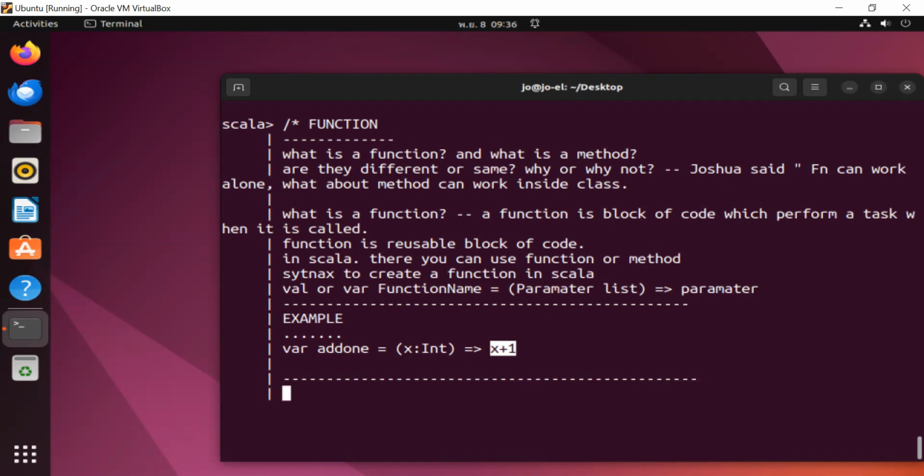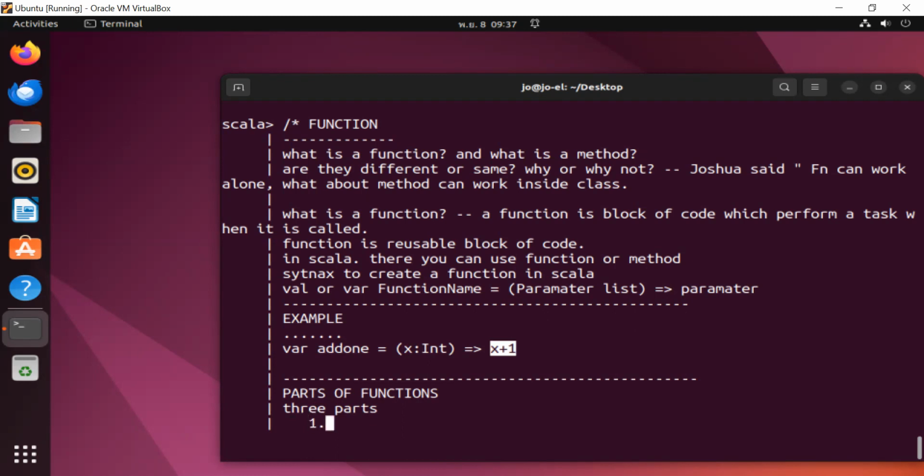So I mentioned here parts of functions. How many parts of functions? We can have like 3 parts in the normal functions. What are those 3 parts?